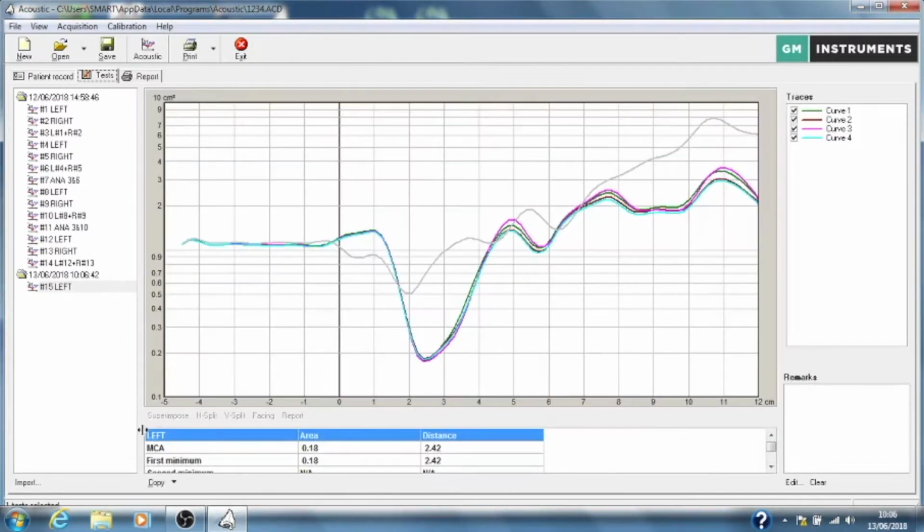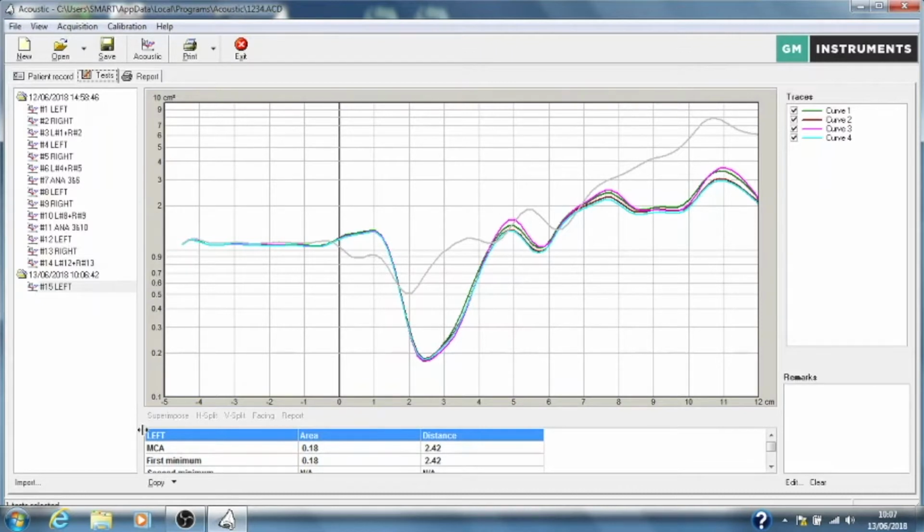And that's the measurement. That's now complete. We've taken in 4 complete cycles, and the results are presented on the screen. Again, the vertical axis is cross-sectional area, and the horizontal axis is distance into the nose. So you'll be able to see on the screen now that my trace is quite obstructed, showing quite an obstructed